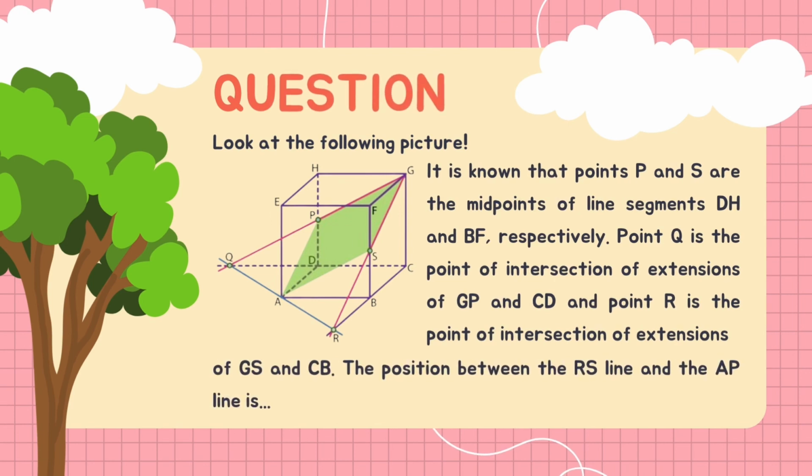Second problem. Look at the following picture. It is known that points P and S are the midpoints of line segments DH and BF, respectively. Point Q is the point of intersection of extensions of GP and CD, and point R is the point of intersection of extensions of GS and CB. The position between the RS line and the AP line is...